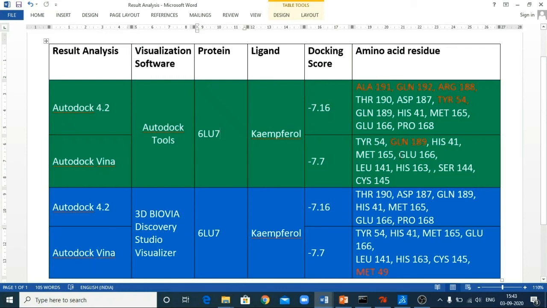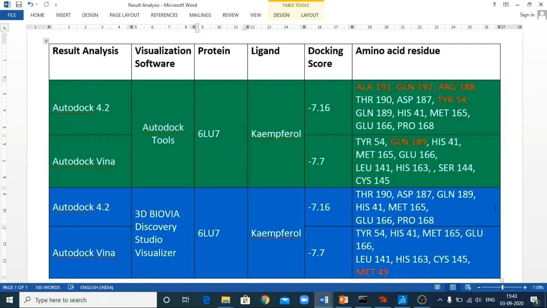When we study the number and type of amino acids showing the interaction using AutoDock Tools, some amino acid residues that are marked with a red color are not found in the DS visualization result. However, most of the amino acids are common in both the visualization methods.